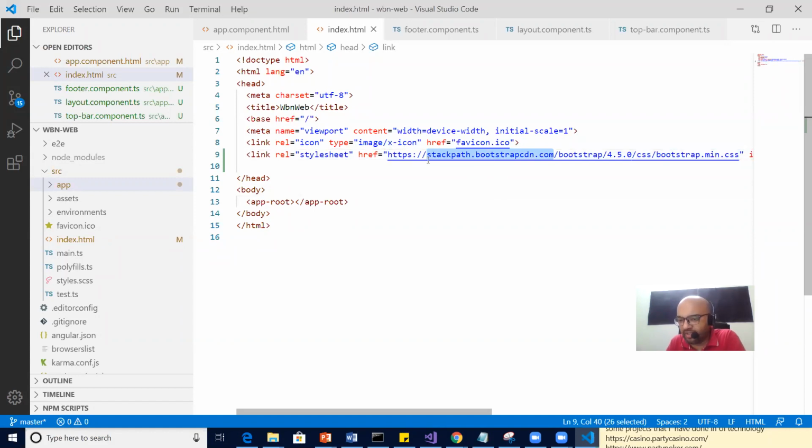At this server there is one folder called bootstrap, inside it one more folder called 4.5.0, again one more folder called css, and inside the css folder they have kept a file called bootstrap.min.css. Getting my point?